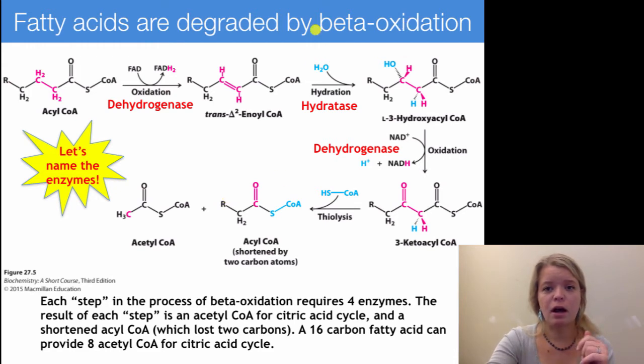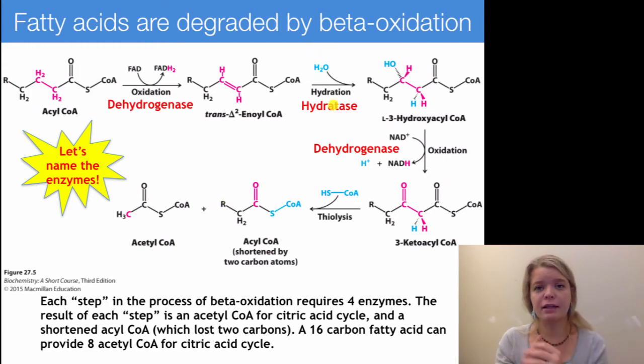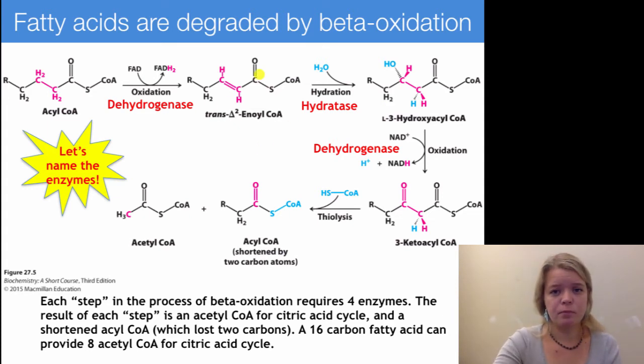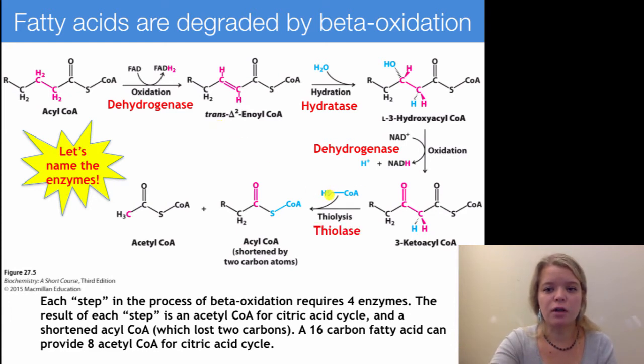The other 2 enzymes are a hydratase, because it catalyzes addition of water, it hydrates the enoyl-CoA intermediate here. And then the final step, because it involves sulfur, is a thiolase because it catalyzes thiolysis, where a thiol group is added to this particular location, and the previous coenzyme A is removed as acetyl-CoA and sent on